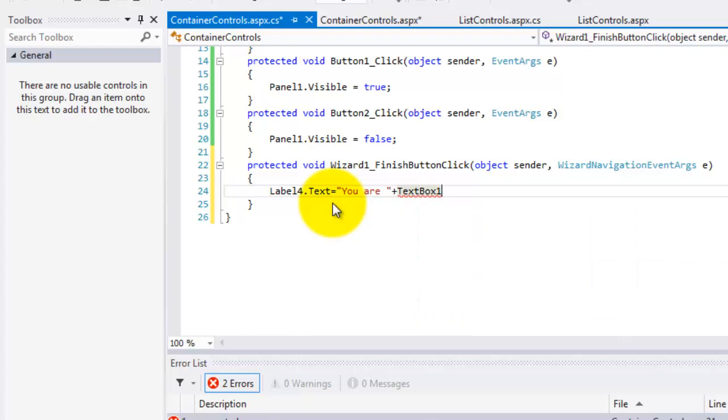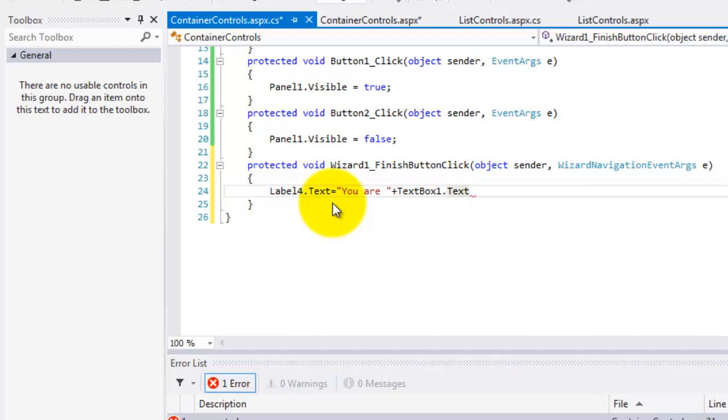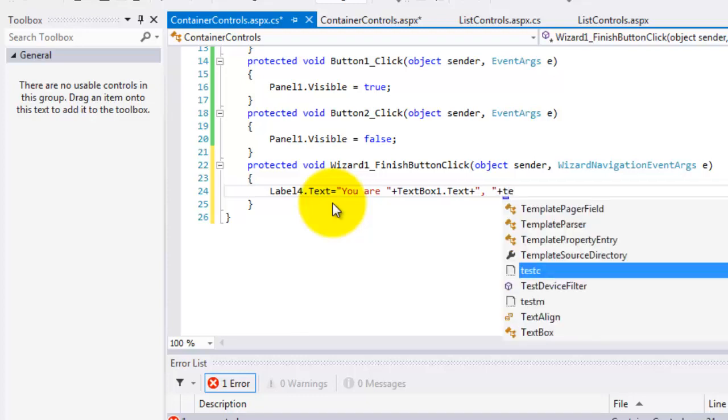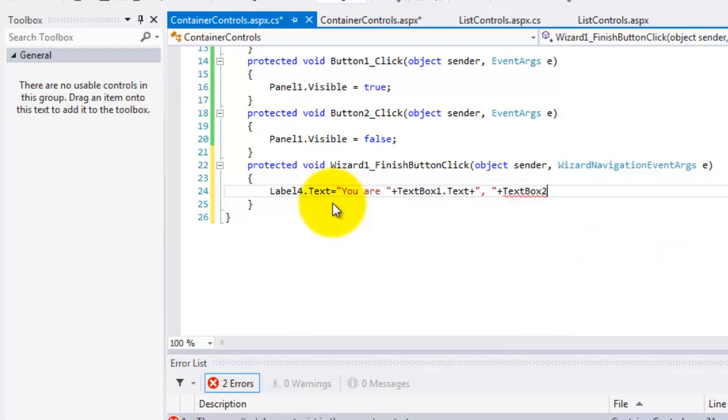This is for the name, the name of the user, the one that we entered first in the first step, plus, see that we will put the age, and that age is in text box 2.text. So that's text box 2.text, correct,